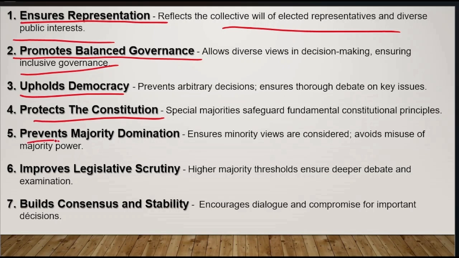Now next is prevents majority domination. Suppose for example before 2024 election, that means after 2019 election and after 2014 election, we have absolute majority by a single largest party, okay. So the ruling government is obviously having the absolute majority. So if they want, they can pass any bill. But that does not mean that for a particular bill all the members are supporting the bill. Obviously, there will be certain members who are against the bill, because that person thinks that the bill is not in the good faith of the people, maybe.